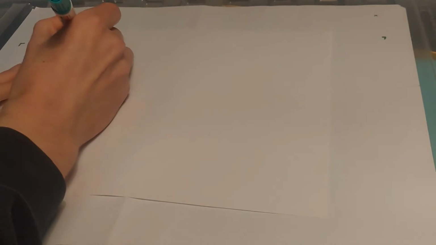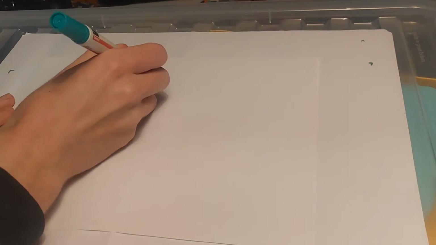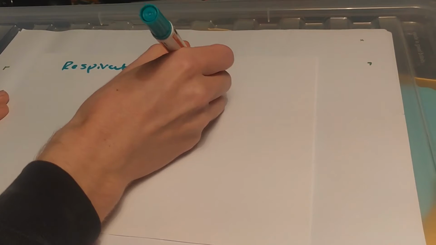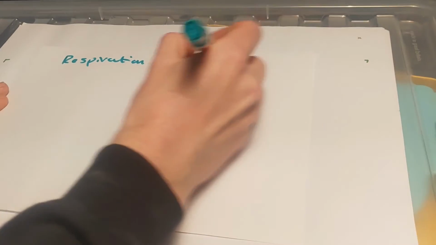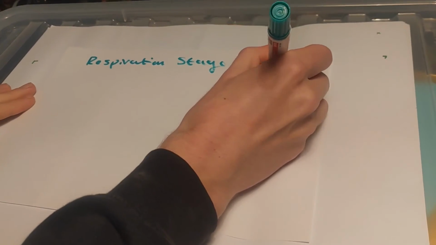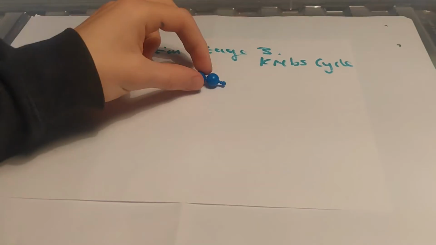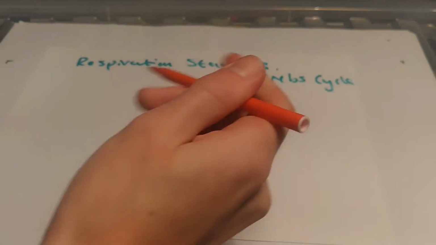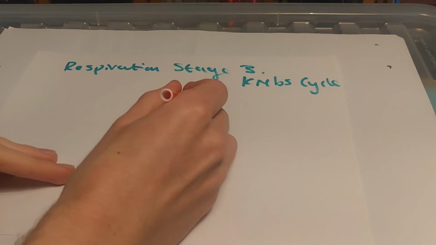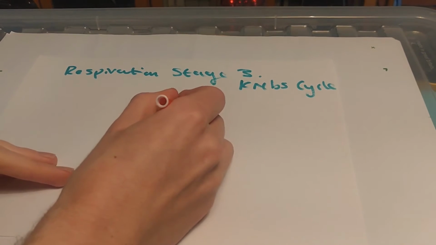So the next stage in respiration, respiration stage 3, is called the Krebs cycle. And as the name implies, it is a cycle, so you can come in on this at any stage. Okay, we are going to come into the cycle where the acetyl-CoA, which is 2 carbons in the group here,